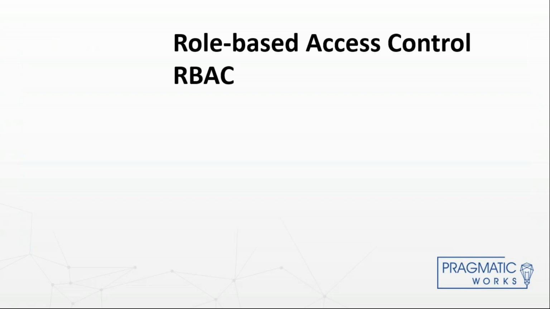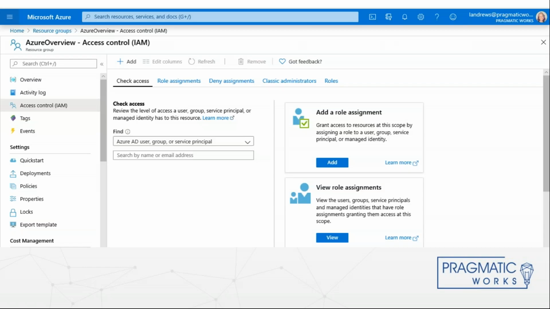Role-based access control is the authorization system that you use to manage access to your Azure resources. To grant access, you assign roles to users, groups, service principals, or managed identities at a particular scope. And those are the three big pieces: roles, managed identities, and scopes. This is a core service. It's included with every subscription, and it provides very granular access management for the resources. The access control panel, also known as the identity access management, is where you access and delegate these roles.